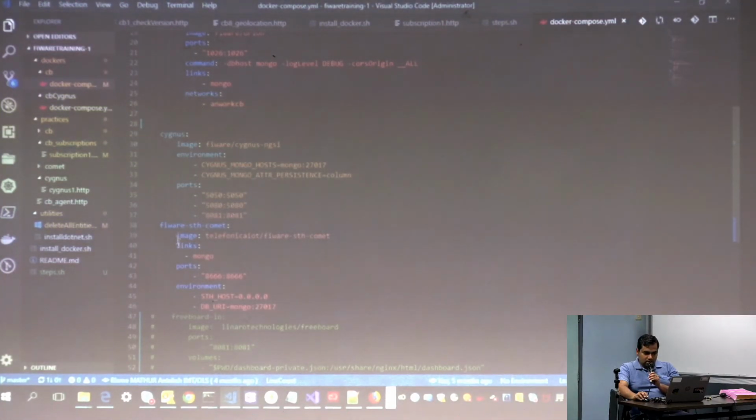So here, the STH Comet configuration is also simple. You can easily define the Telefonica IoT FIWARE STH Comet image, and I think there is not much configuration. You just need to define the host and the URL of Mongo. That's it. This will also spawn the STH Comet. If I go back to my VM,